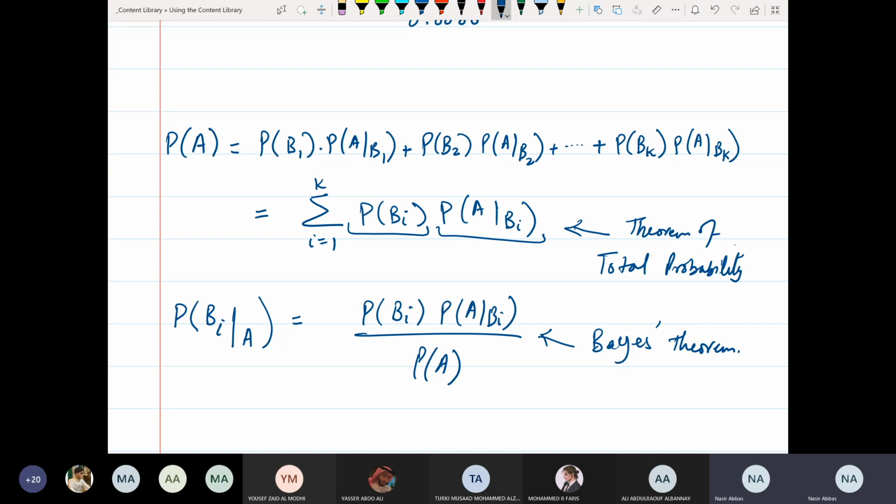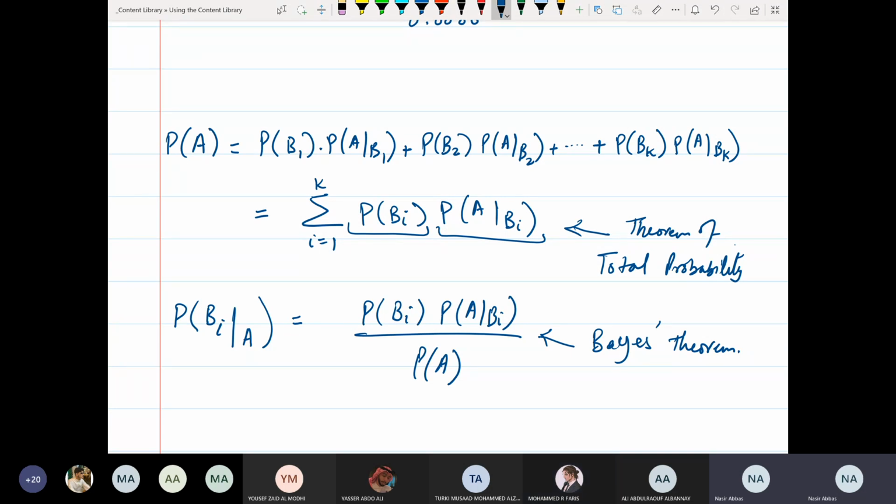Any questions? Muhammad Faris, do you have a question? Yes, please. All of the theorems are working, no condition, right? What do you mean by working? I mean, if I have the probability of B and A given B and probability of A, I can do it. Yes, you can apply it everywhere